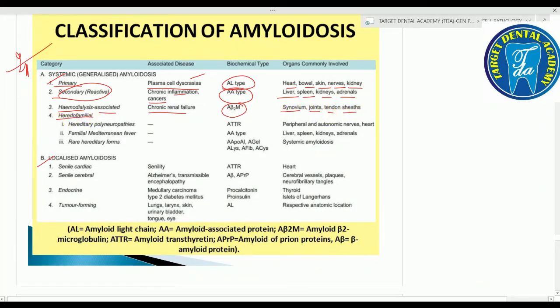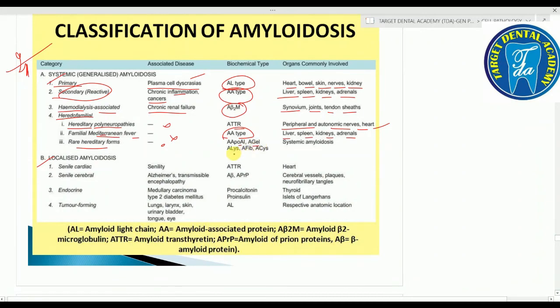Then the heredofamilial, in which first is the hereditary polyneuropathies, in which there is no associated disease, biochemical type ATTR, and the organs involved are peripheral and autonomic nerve and heart. The familial Mediterranean fever, there is no associated disease, it is of AA type, and organs involved are liver, spleen, kidneys and adrenals. The rare hereditary forms, there is no associated disease, and the biochemical types are AApoAI,